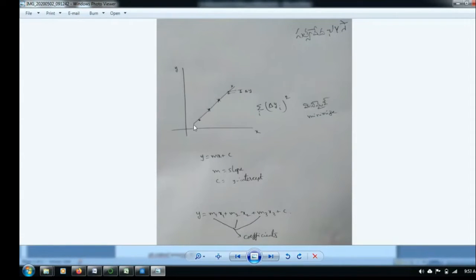Okay, I am trying to draw one straight line, and when I am drawing the straight line, it may not be possible that all the points will fall on that particular line. In this particular example, you are able to see there are only two. These are the given data points. Now in this example, only 2 points are exactly falling on that particular line, and the rest of the points, for example, this point and this point and this point, are not exactly on the straight line, but we have drawn some straight line.